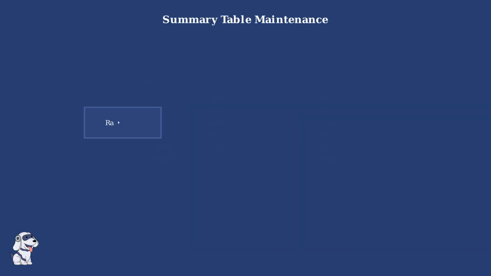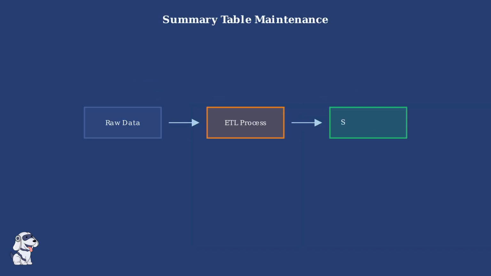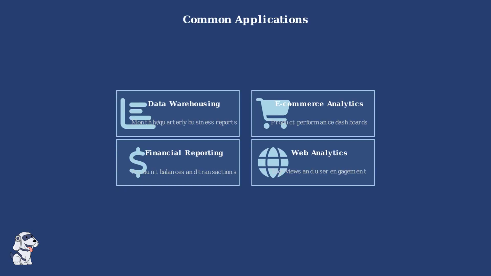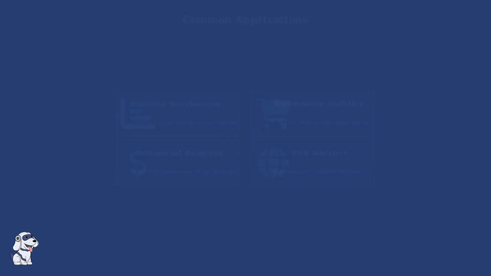However, summary tables must be kept synchronized with the source data. This typically involves scheduled batch processes that recalculate aggregations periodically, or incremental updates that modify only the affected summary records when new transactions occur. Summary tables are widely used across various domains. In data warehousing, they power monthly and quarterly business reports. E-commerce platforms use them for product performance dashboards. Financial systems rely on them for account balance reporting, and web analytics platforms use them to track page views and